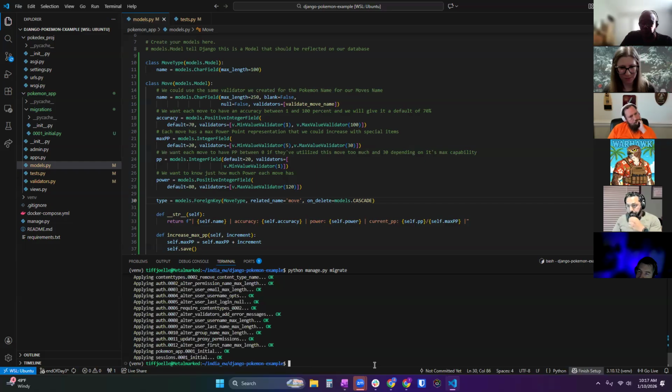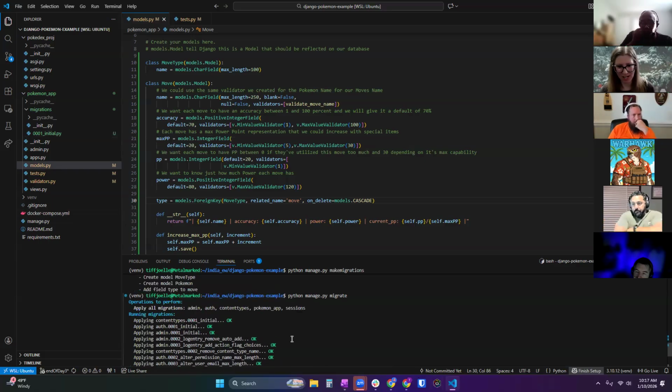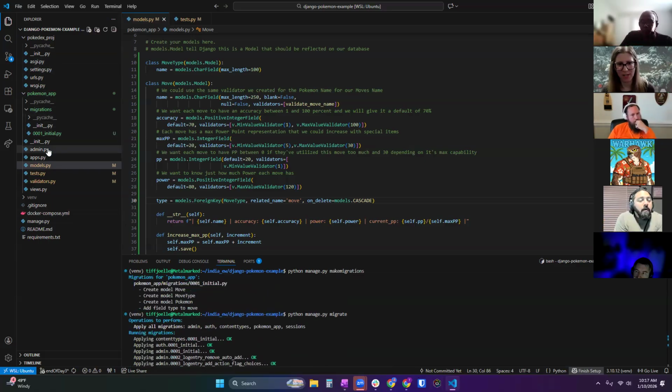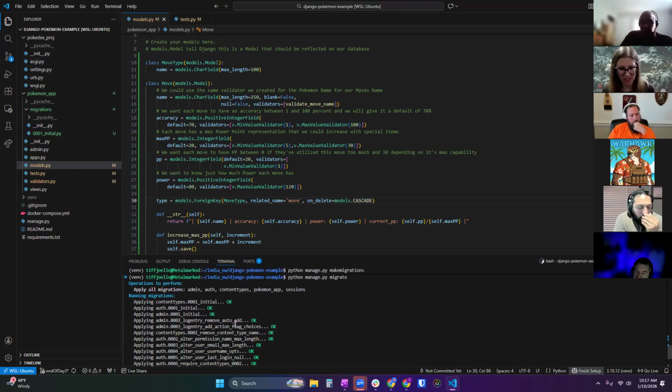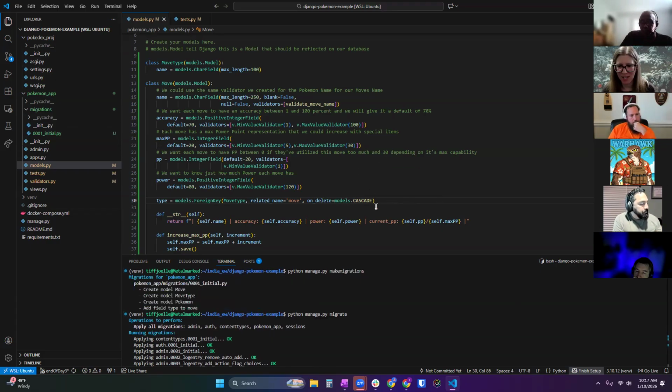So the migrations are 001, 002, 003, right? Let's start from there. Yes, when you make migrations, it's going to make those files that it will apply to your Postgres database. Cool. Now we can see that I started from scratch, removed all those migrations, and took out that default value that was being weird, because since I don't have any data, I don't have to handle adding this new field to pre-existing data.